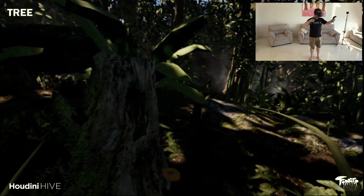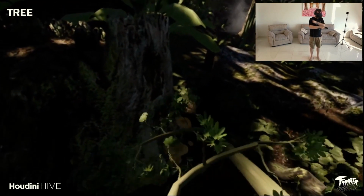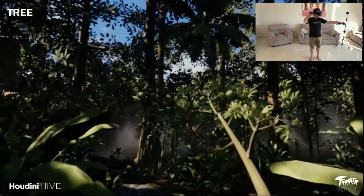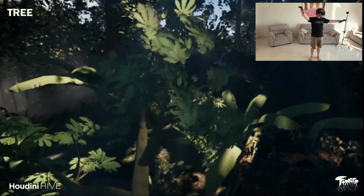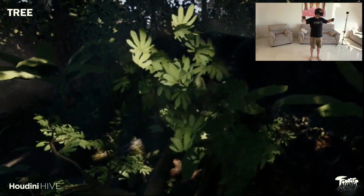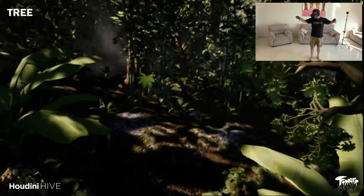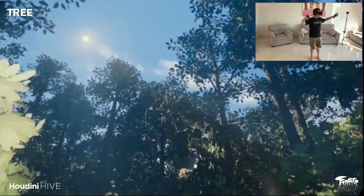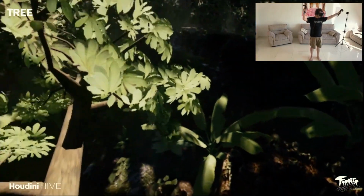And here with Tree, in this experience, we had to be able to grow from a seedling to the tallest tree in the forest. And that was very challenging because we were using about 57 different morph targets or blend shapes. When you've got branches for arms, your instinct is to hold them up in the air. This actually works in the app's favor because what happens is, as the branches become bigger, you get the sense that they are becoming heavier, when in actual fact what's happening is...